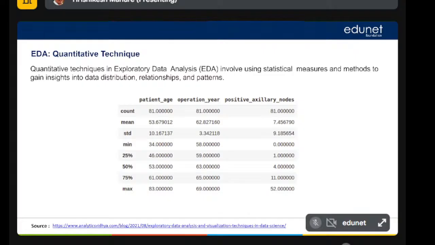If I want to use the count, what we use? If I want to do the count, what we do? If I want to do the count, sum also come in the what? Quantitative technique. Total sale. If I want to find out the total sale, what we do? We will do the sum of entire rows. Am I correct? If I want to do the count,